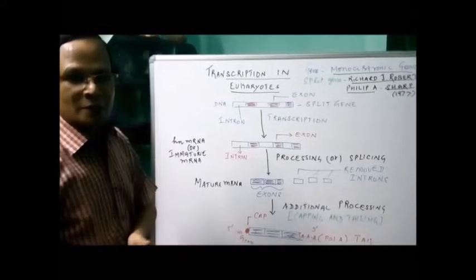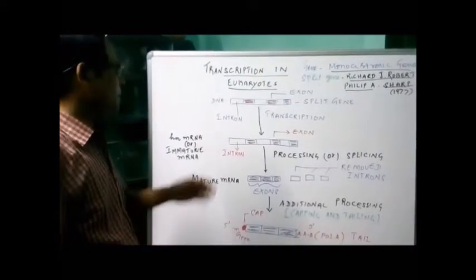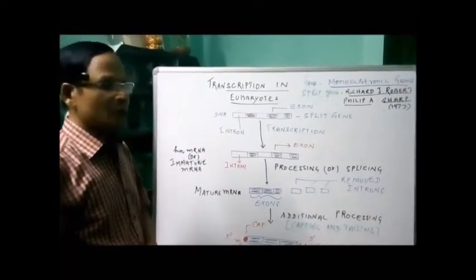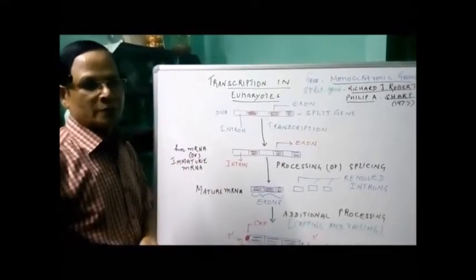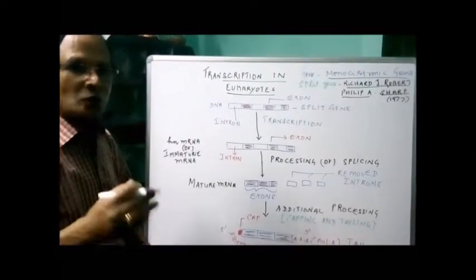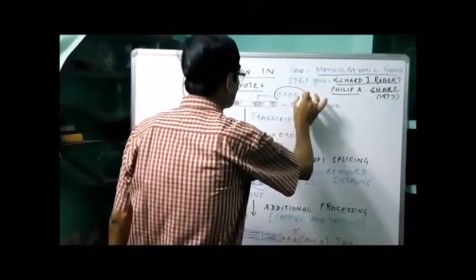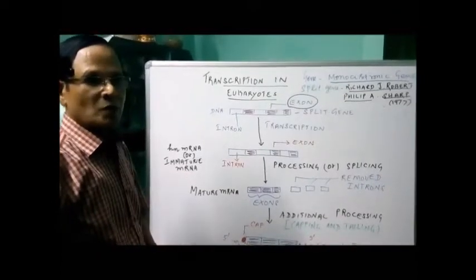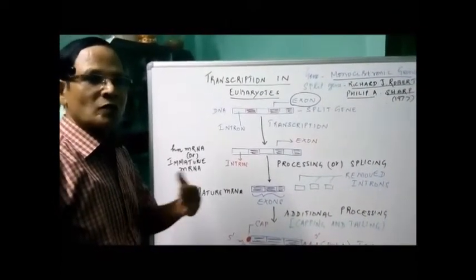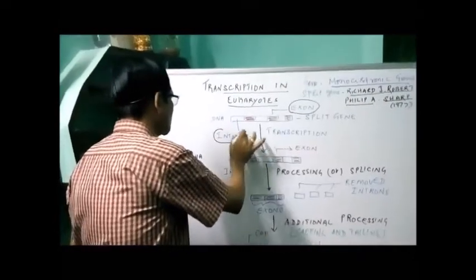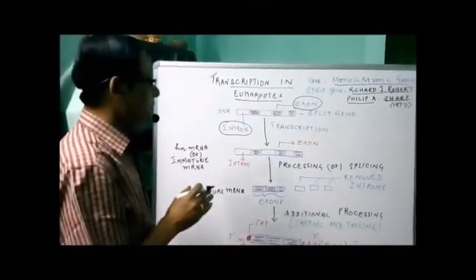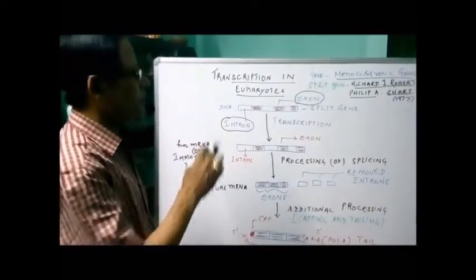Once transcription is completed, the mRNA is ready. But here, what will happen? The gene is called a split gene. What's the meaning? It consists of two components. One is what we call interrupted coding sequences. They express the sequences. So the coding sequences are called the exons, which are intervened by non-coding sequences, which are not expressed. They are called introns. As we have two components in the gene, it is called a split gene, proposed by Roberts and